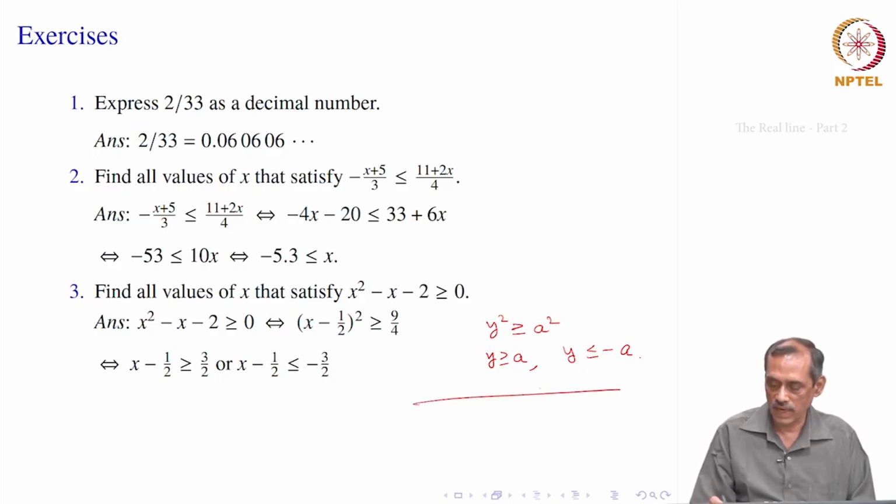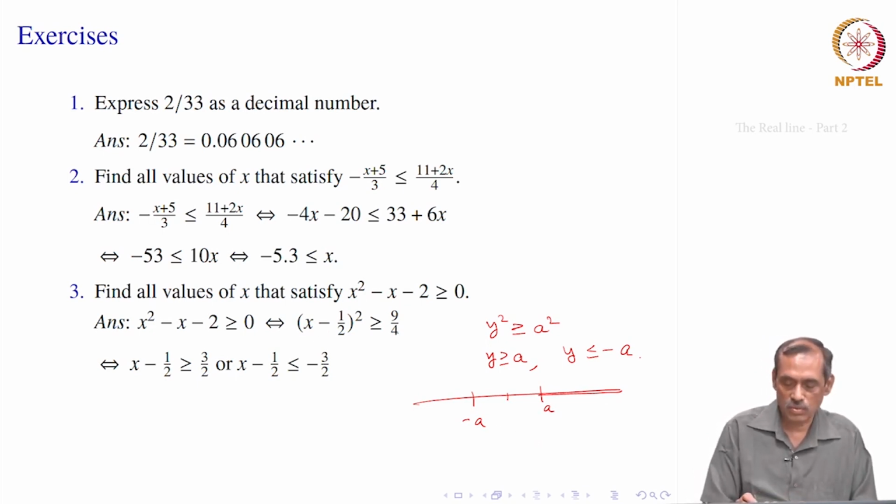So, that is if you know y square is greater than or equal to a square, if a is positive then it will look y is greater than or equal to a, or y is less than or equal to minus a. 9 by 4 is 3 by 2 square which is positive. So, you may think of y to be bigger than this, so that y square is bigger than a square, or it can be y is less here. So, minus y square will be bigger than minus a square which is a square. So, y square is greater than or equal to a square. That is how we do here.